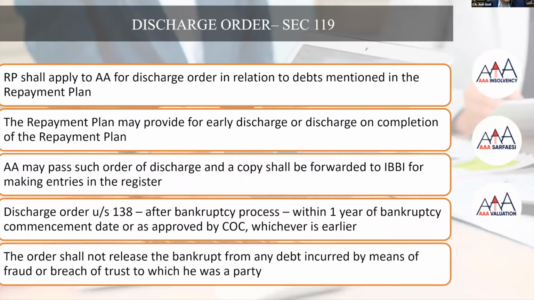As I said, there are two sections dealing with the discharge of the debtor from liabilities. One is section 119, which is consequent to successful implementation of the repayment plan. The other is section 138, that is on the bankruptcy of the debtor. The discharge order under section 119 has to be applied for by the RP. Now, look at a scenario in which a repayment plan has a term of 3 years,